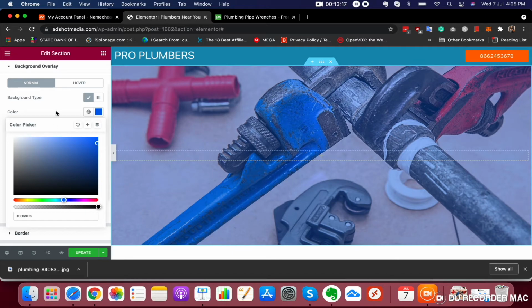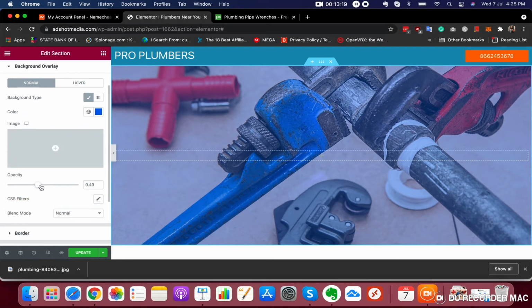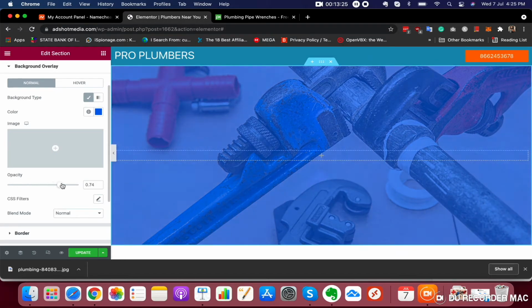And okay, and just select the opacity of the image. Let's increase the opacity. All right, so now it is looking fairly good. All right, we are good to go.